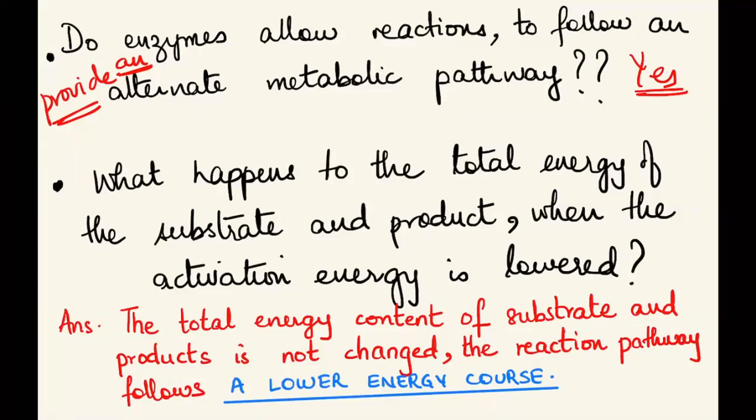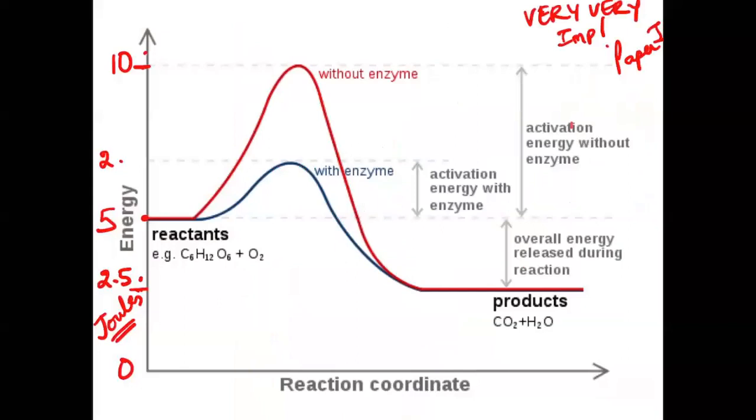ठीक है? तो ये है और दूसरा क्वेश्चन यहाँ पे क्या लिखा हुआ है कि what happens to the total energy of the substrate and the total energy of the product when the activation energy is lowered? इसका आंसर ये है कि the total energy content of the substrate and the product does not change. The reaction pathway follows a lower energy course. इसका मतलब ये है. Now this graph which you can see, now you tell me, what is plotted on the